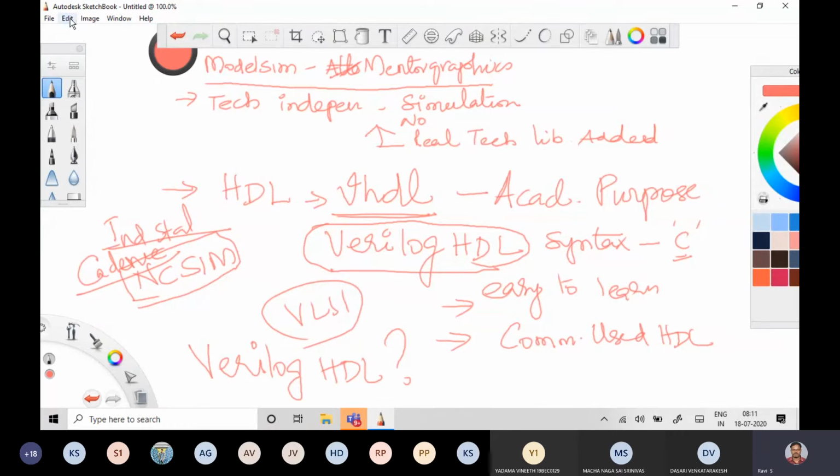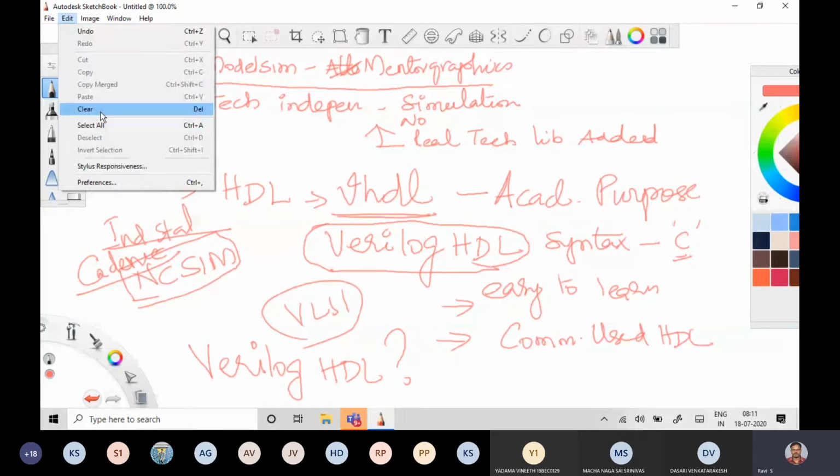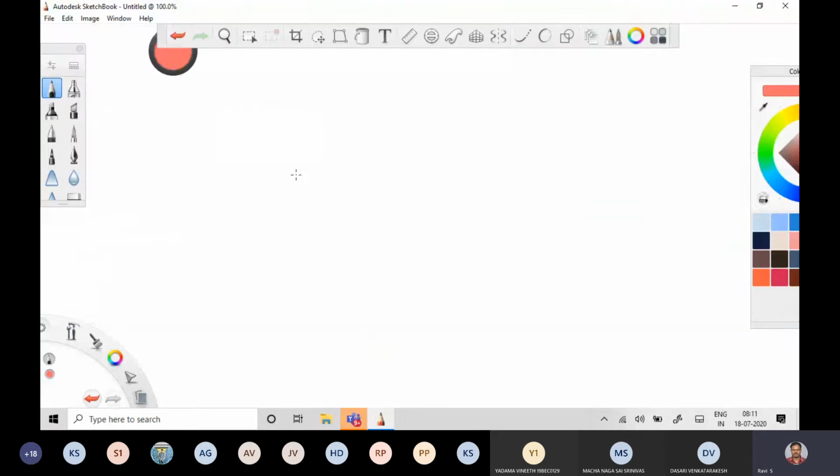Now I'll go to a new page. General structure of a Verilog HDL program.